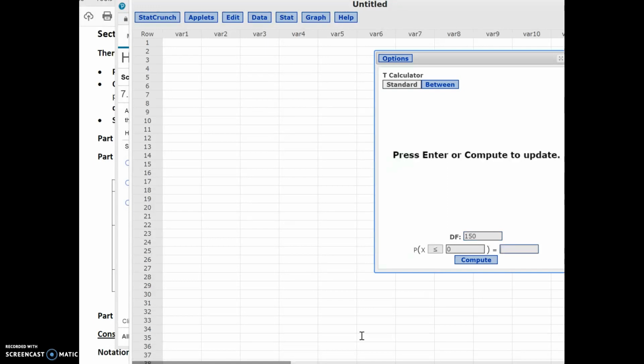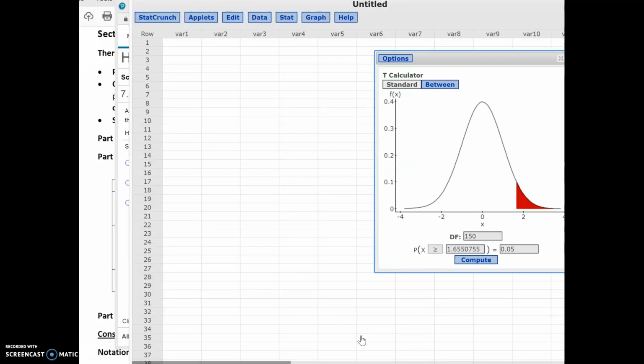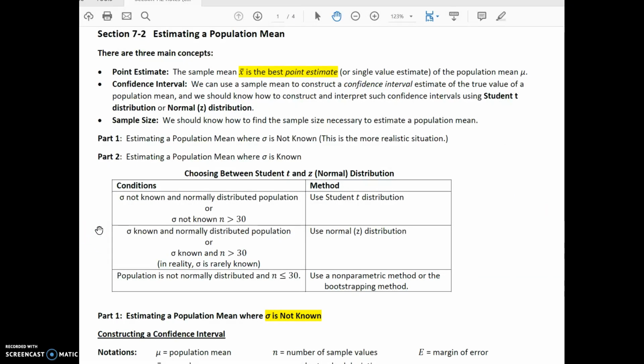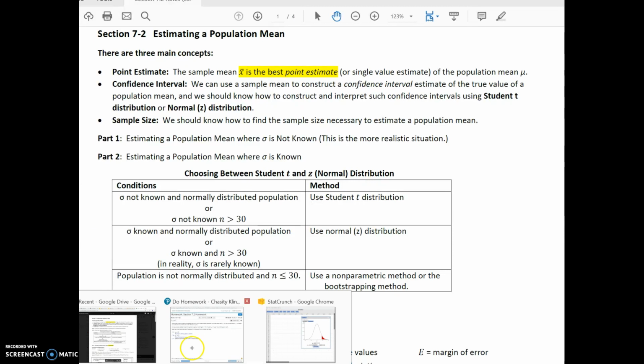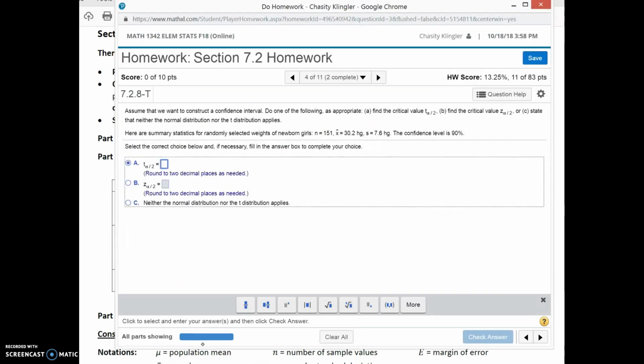And then I'm going to put 0.05 for my area and change that to greater than, and then press compute. So my T alpha divided by 2 is 1.655. I only need 2 decimal places, so